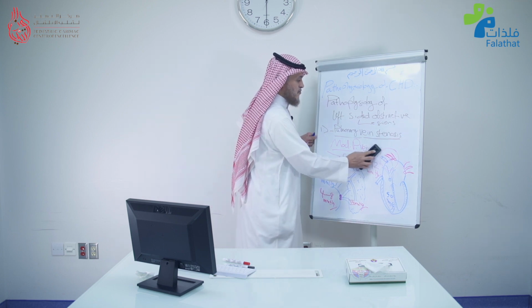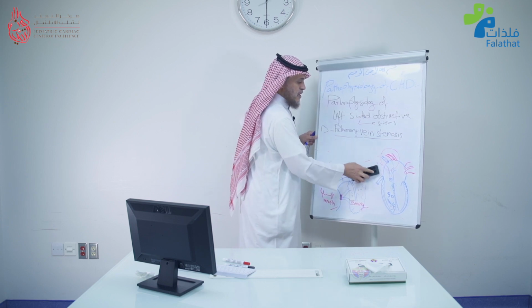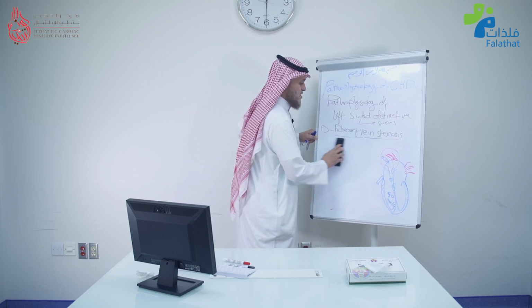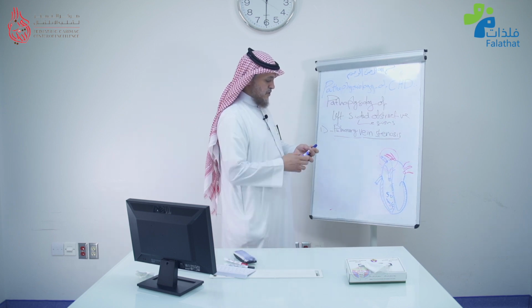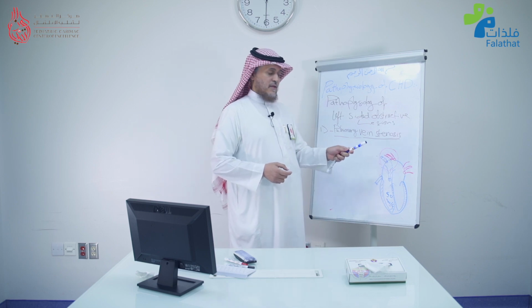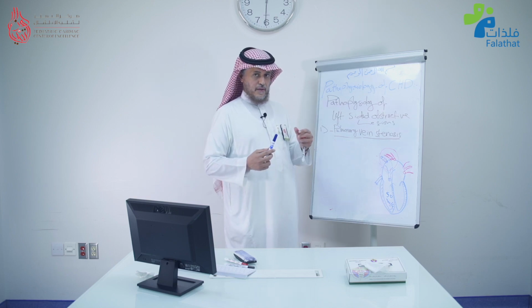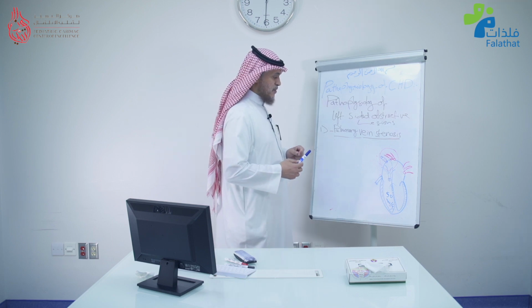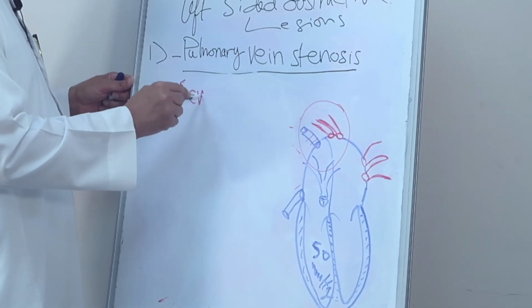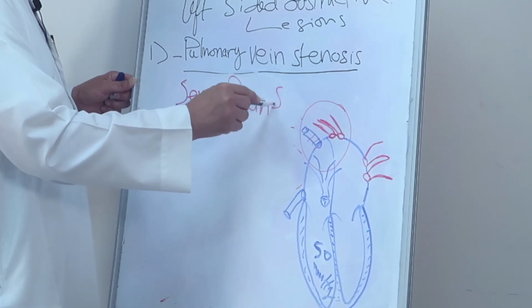And finally, we will go for the pulmonary veins to severe pulmonary venous stenosis. And here, and when we say severe pulmonary vein stenosis, whether it is unilateral or bilateral, it will affect the right ventricle, and it will affect the pulmonary pressure, and can affect the patient quite significantly. So severe pulmonary vein stenosis,